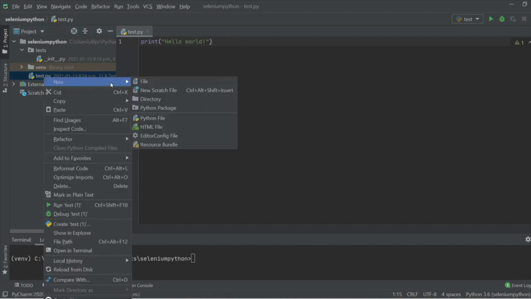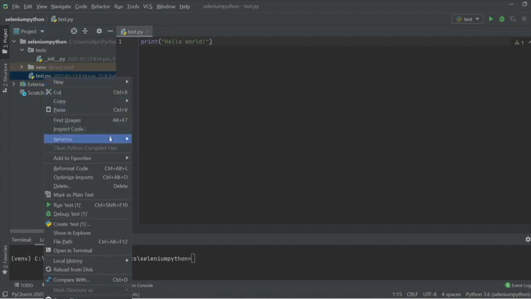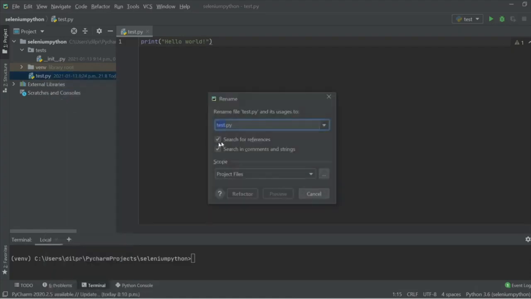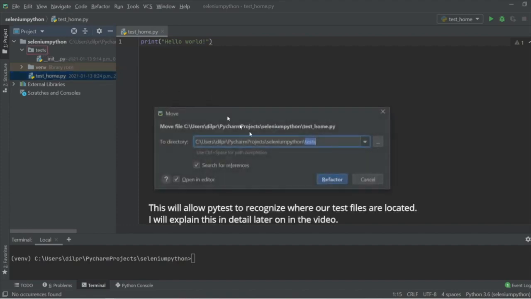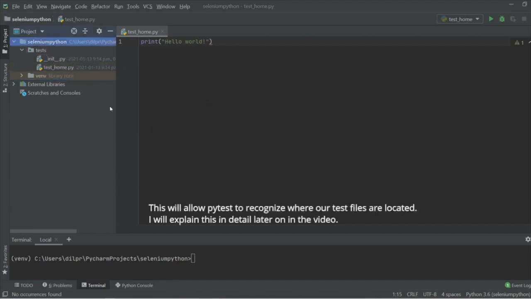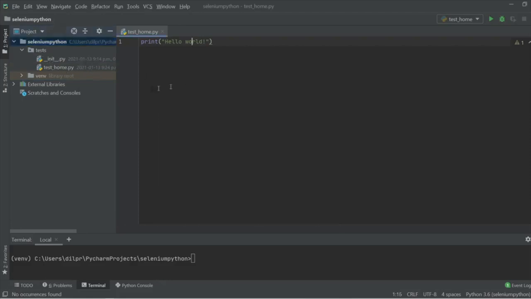To rename this, I'm going to right click on test.py, do refactor, rename, and then change this to test_home.py. And then I will just refactor this. Then I will click on this and drag it inside the test folder so that we have our test_home.py file inside the test folder. Okay, so now that we have some basics figured out in terms of our folder structure,